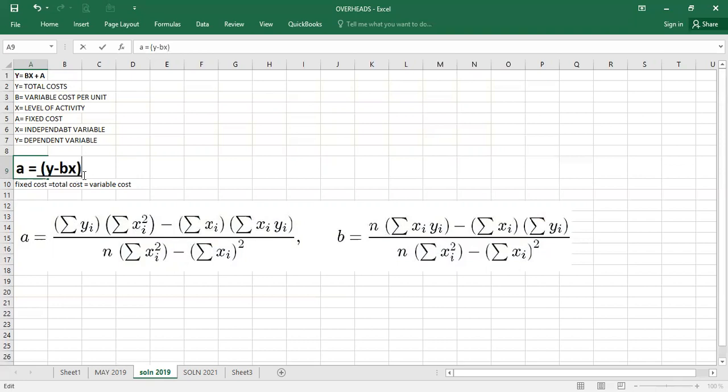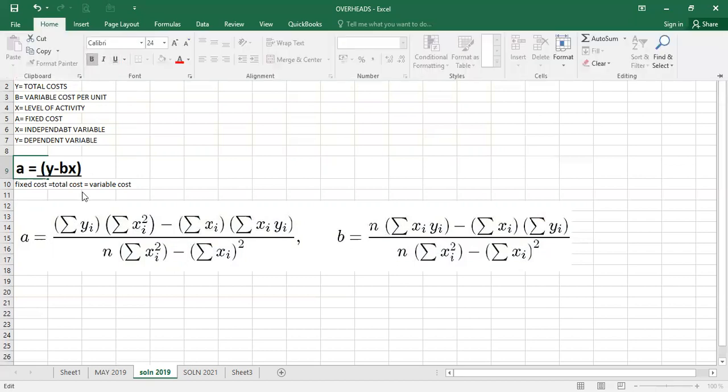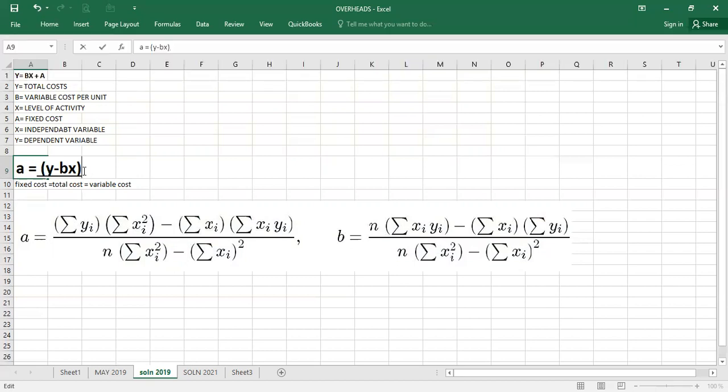Say that, divide by n, and now our n will be representing the number of the data set. You can either use this one or you use this one. Other books you may find when they are writing summation y over n,